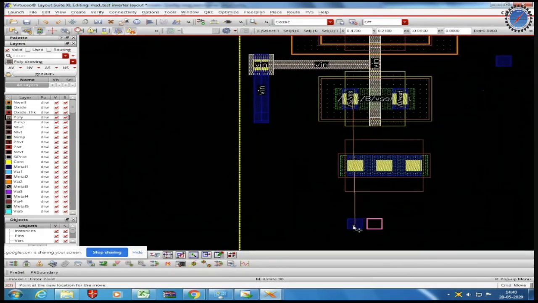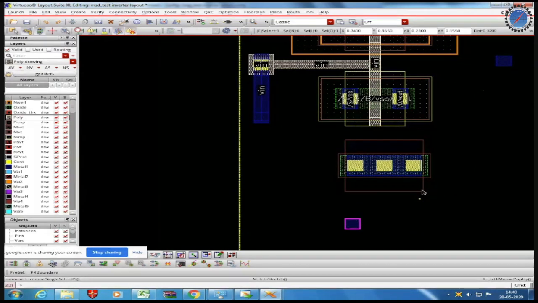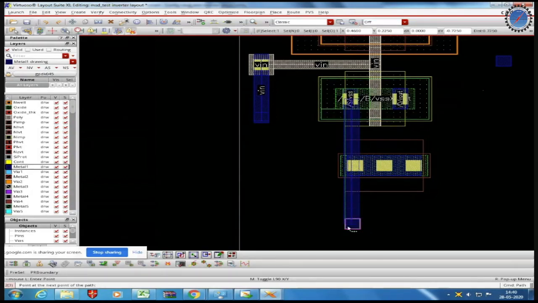Now we'll make the connection of source of NMOS to the VSS. So to start the connection, click on metal 1, press P, start from the source of NMOS and end it to VSS pin.